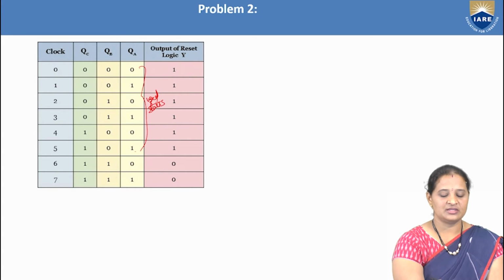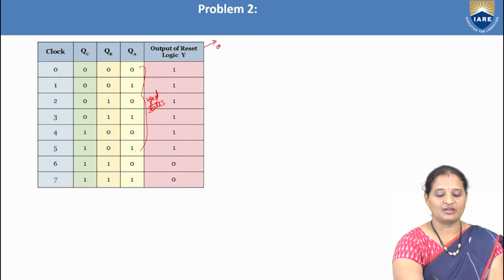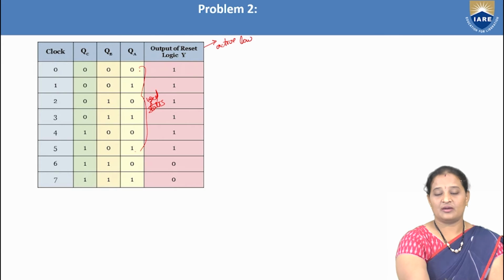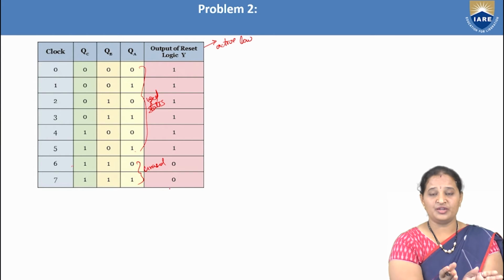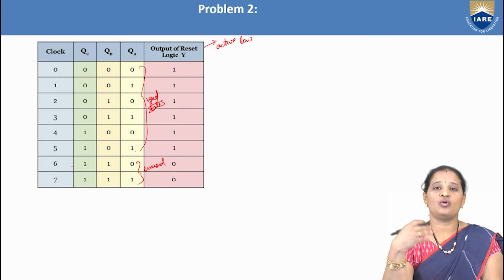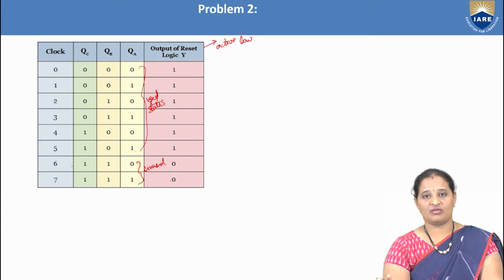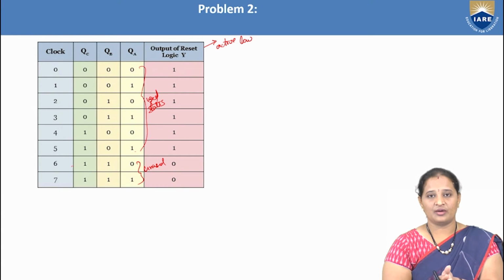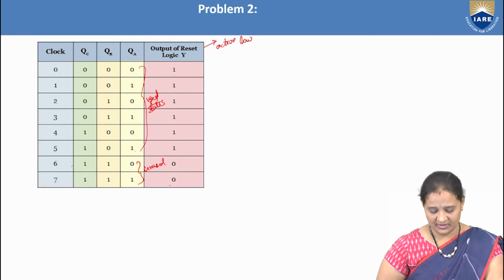Hence we are considering the reset input as 1, because I am considering the reset as an active low input. So for these states the output is considered to be 1. And as these 2 states are unused, when the unused states occur, the counter has to reset to 0. That is why I am considering it as 0. This is the meaning of that: when a counter encounters any unused states, it has to reset its flip-flops. So that is why I am making this reset output 0.